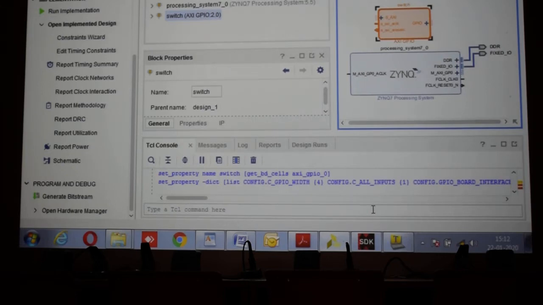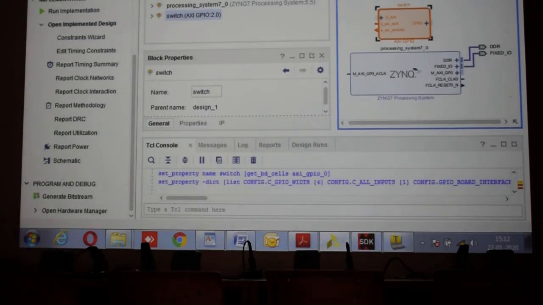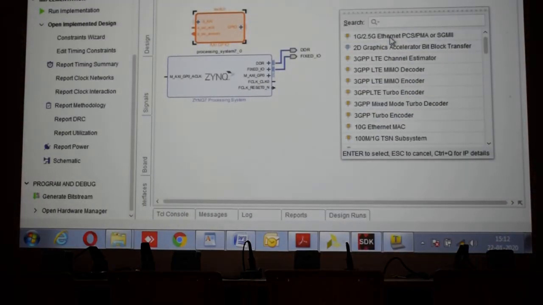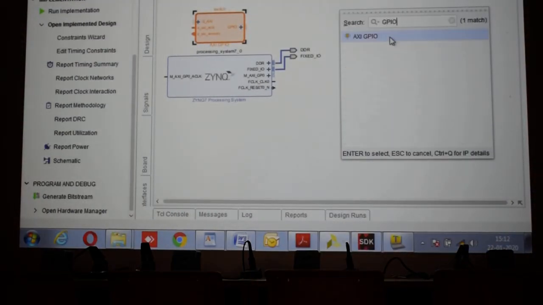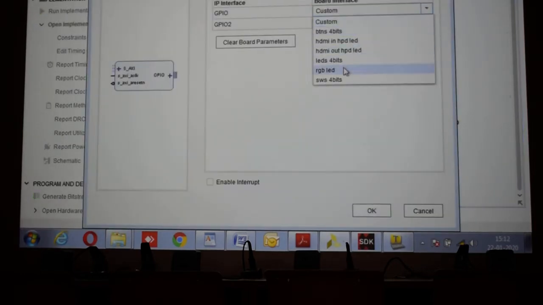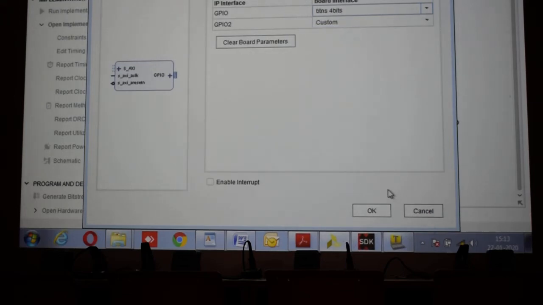Again you add one more IP, a similar kind of AXI GPIO, and make it buttons. I have done the switch. Right click, add IP, GPIO. Two things we can take, right? Double click, so make it as buttons, BT4, just give OK.